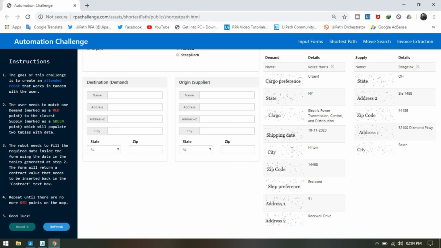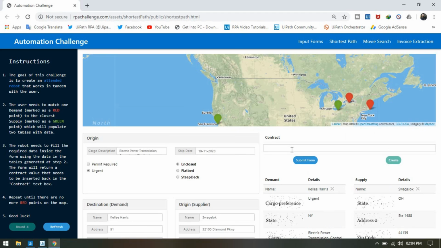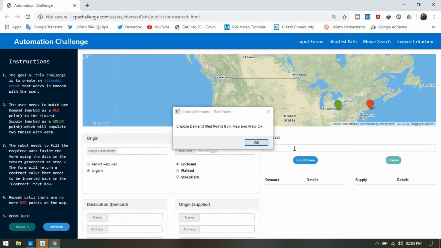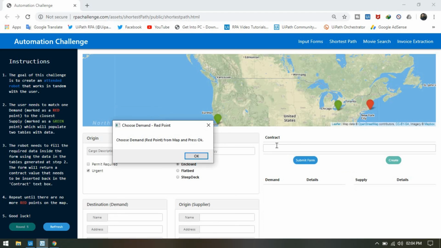Now it is round 4, and you will see one more thing here. After filling all these details, we are getting a contract number, right? So we need to fill that contract number also here.